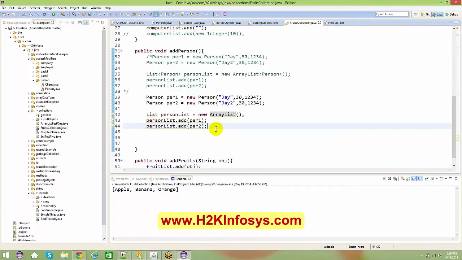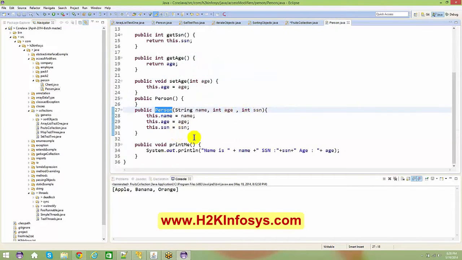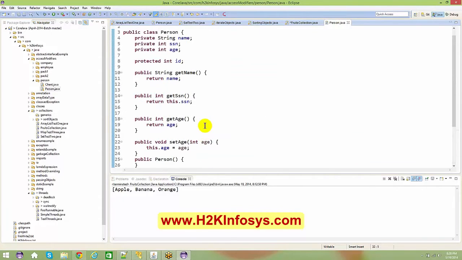We are only going to add a person list here. Okay, now how do you iterate this? In order to iterate, you know that you can use a for loop. Let's say in this person there is age, name, and SSN and all, and I want to